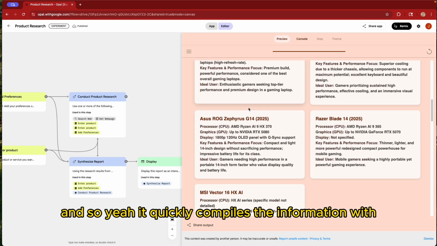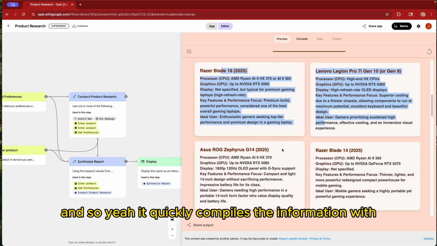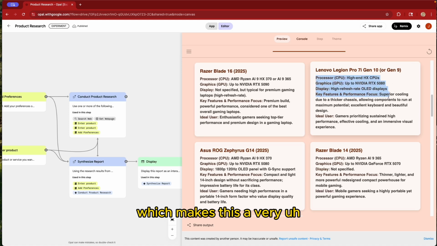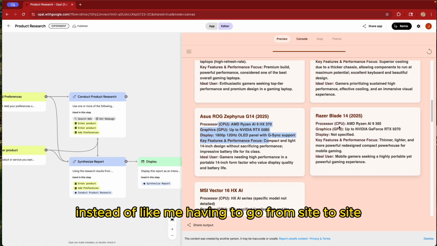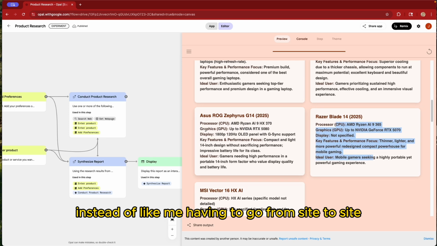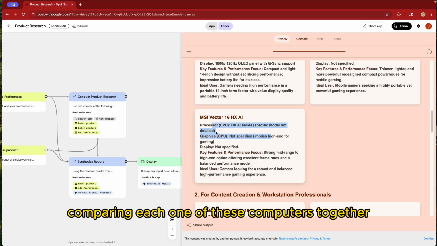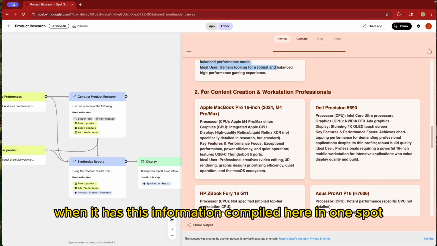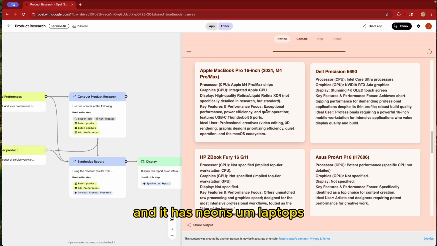And so yeah, it quickly compiles the information with the specifications of the laptop, which makes this a very convenient research project instead of me having to go from site to site comparing each one of these computers together, when it has this information compiled here in one spot. And then it says for content creation or workstation professionals, and it has nuanced